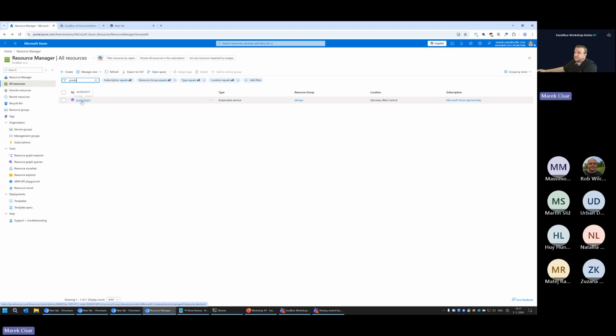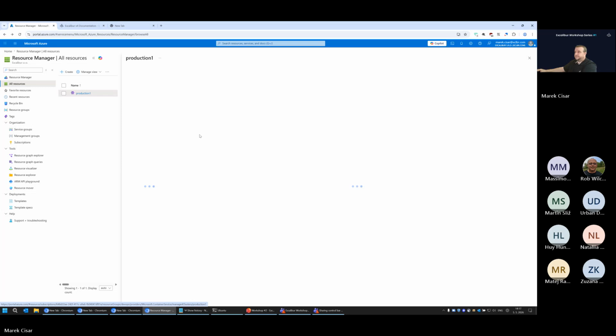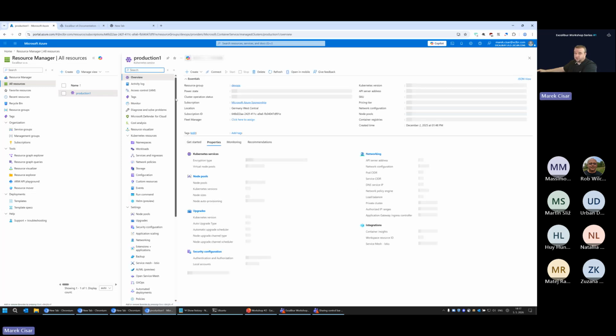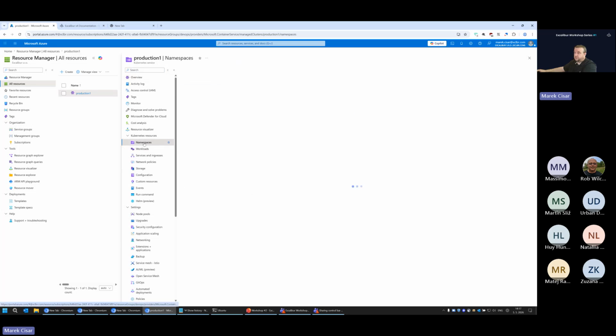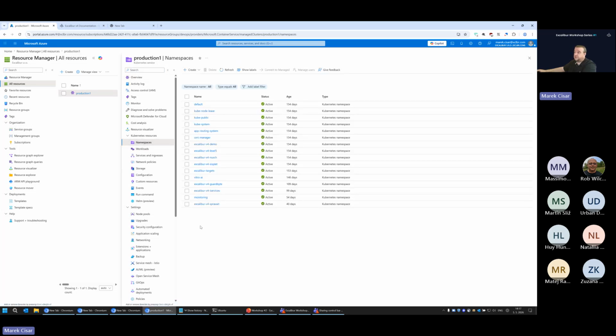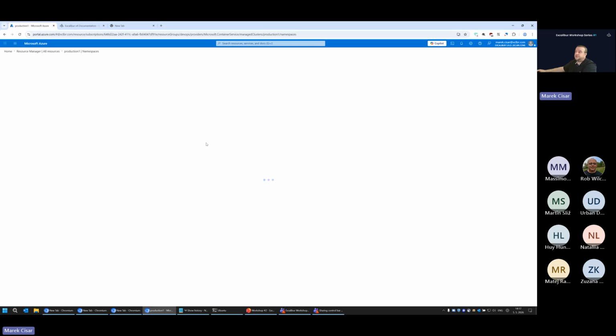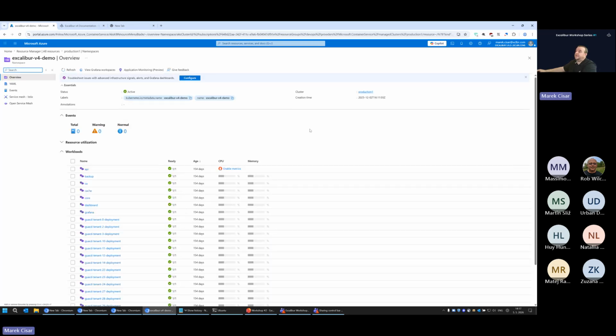Basically, this is Kubernetes as a service. We call it production 1. On this Kubernetes service, we have multiple namespaces created. So I will check this Excalibur demo namespace, and we can check what's running in there. Also, I need to refresh.